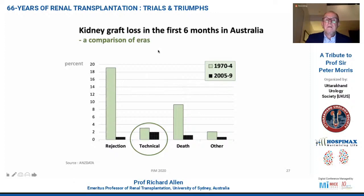This is kidney graft loss in the first 6 months after transplantation in Australia. And I've compared two eras, and I've not updated it because it really hasn't changed in terms of causes of graft loss. The green here represents 1970 to 74. This is when Peter Morris first came back to Australia, before he and many others